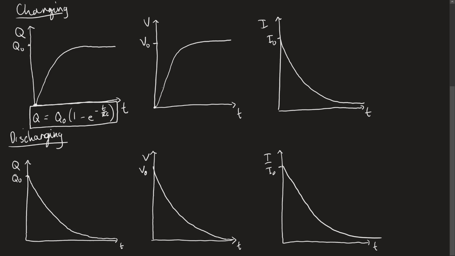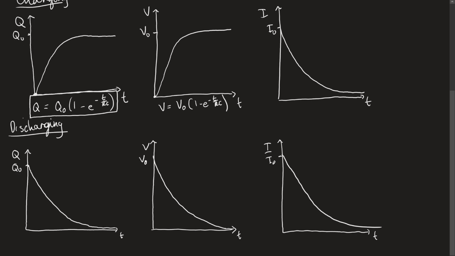And since this follows the same shape, we can say it follows the same function, but with different variables. Instead of having Q and Q naught, we have V and V naught. Now, I'm not going to put this one in a box because it's not on your formula sheet, but the discharging ones are. If I manage to scroll up a tiny little bit,